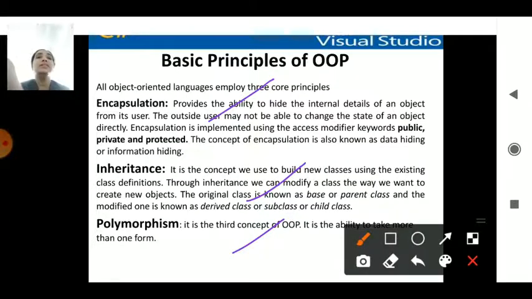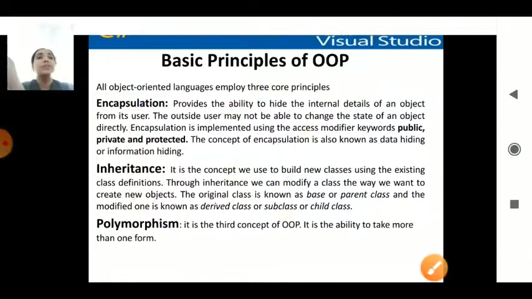It also has the concept of polymorphism. What is polymorphism? Polymorphism is when you are able to take one or more forms in a single program. One method may do some task, another method the same task, but with different types of variables. The same method name may be there, but its variables are different, and the task within the method may be different. That is called polymorphism. The whole group of things, encapsulation, inheritance, and polymorphism, is called the OOP-based principle, which you have learned in Java also.